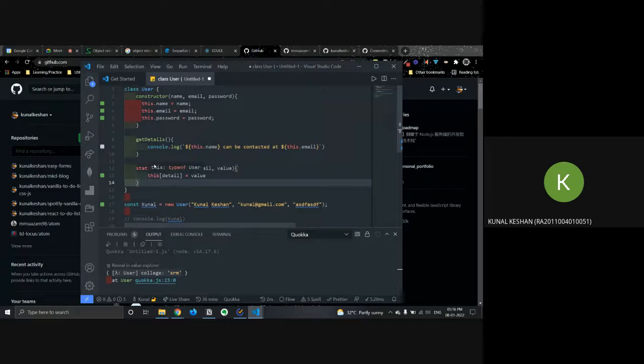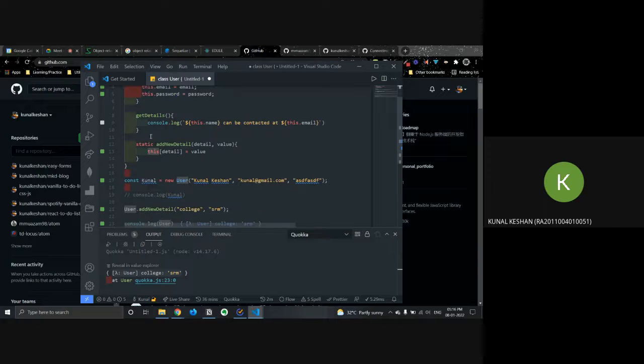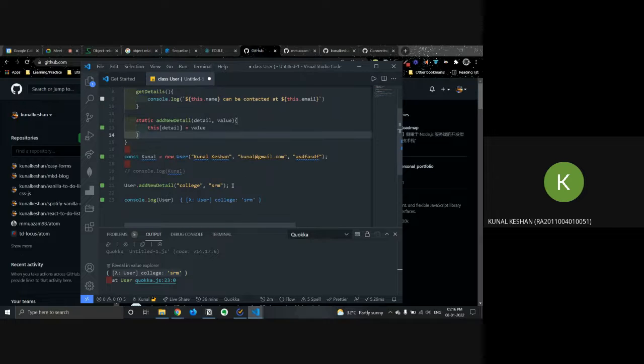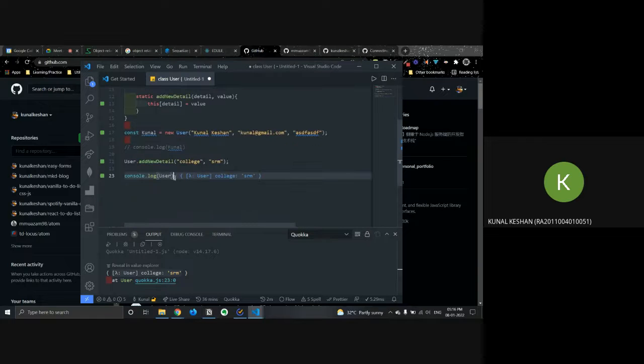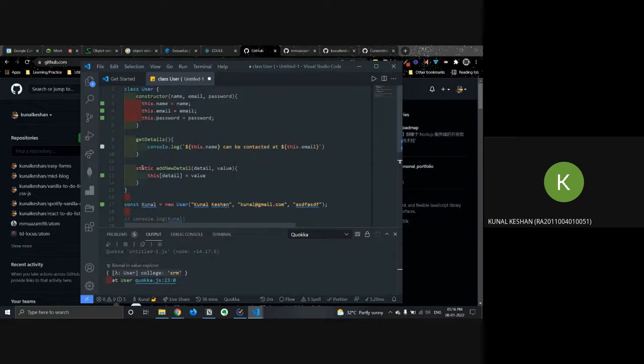Static methods are those that are called on the constructor, I mean the class itself, rather than the object that we create from the class. That's the main idea over here. This example is not good. I mean, it's not that abstract. It doesn't give much idea of why we actually need this, right? I'll show you now why we are going to use the static methods in our project. Any doubts with this?